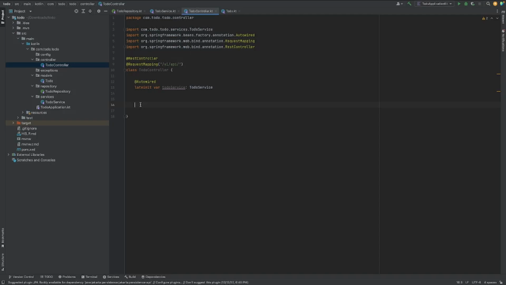@PostMapping, which essentially just says that if we receive a post request that matches a specific endpoint that we define, then we're going to essentially take that request and run some logic based on the function that we define. So let's see this in action. So we're going to create a function called saveTodo,